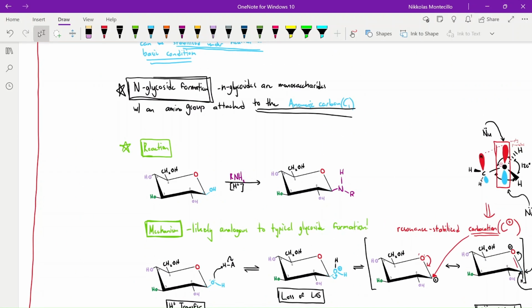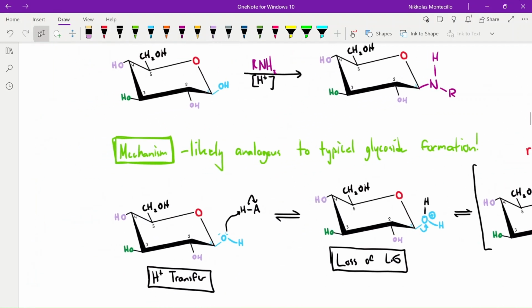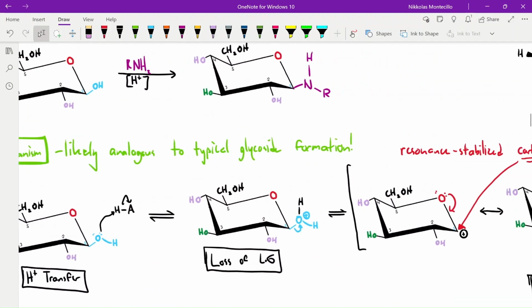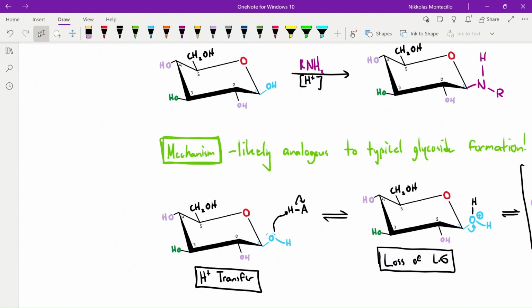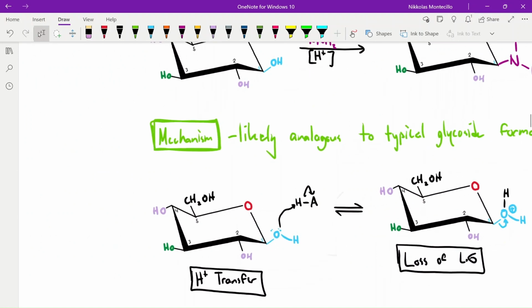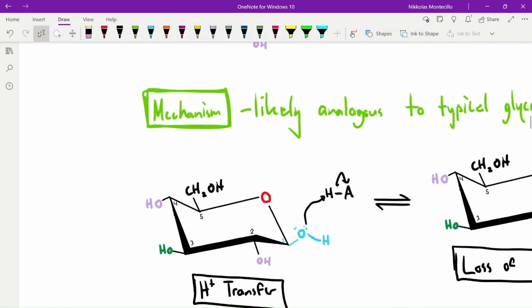And this mechanism is just purely speculation, but from what I understand, I would like to think that the mechanism is likely analogous to typical glycoside formation. So we see here that there's the proton transfer, but the mechanism begins the same for both glycoside and